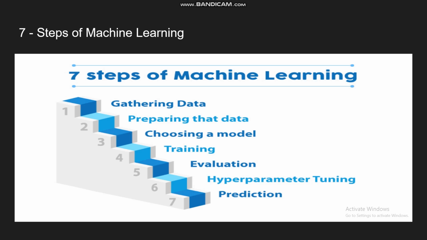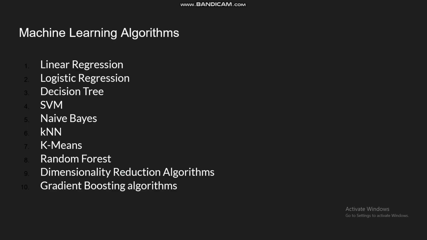Now the last step is the prediction part. You have trained your model, and now it will predict on unseen data, data that has not been seen in the training part. That is the prediction part. So these are the seven steps, and we will follow each step in the practical part whenever we use any algorithm. And in the next class I will teach you